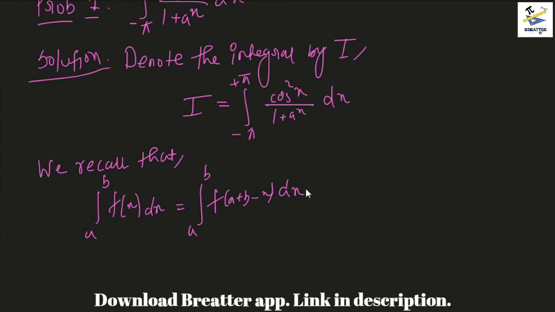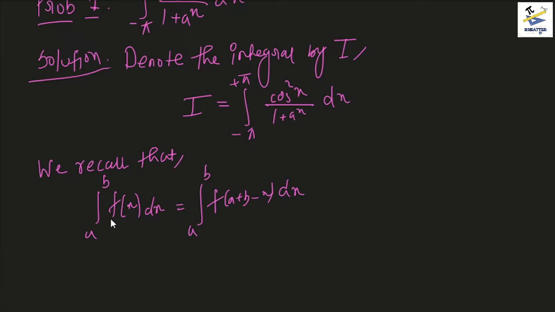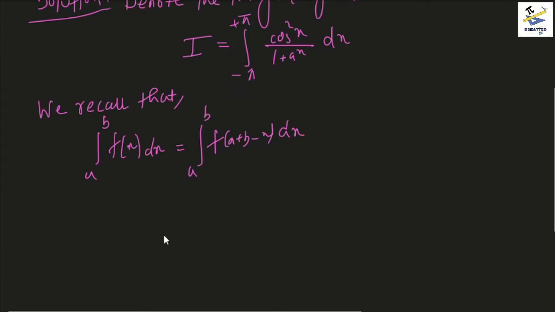So this was a property that was introduced in the beginning of definite integrals, where we proved this property as well, and it's a property which says that if you have an integral of a function f of x dx from limits a to b, that is same as integrating the function f with the argument a plus b minus x. So you basically replace x by the sum of the limits minus x, and that is also the same thing. So that's what we can do here,